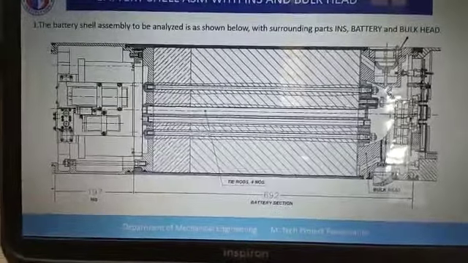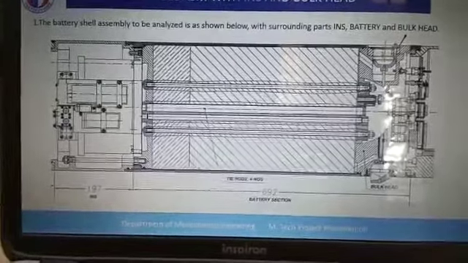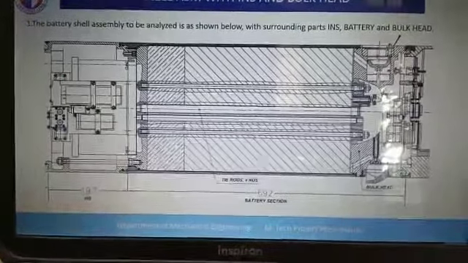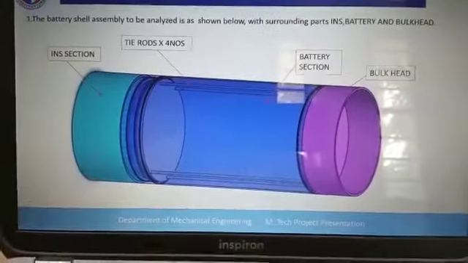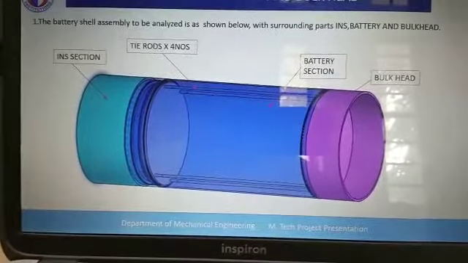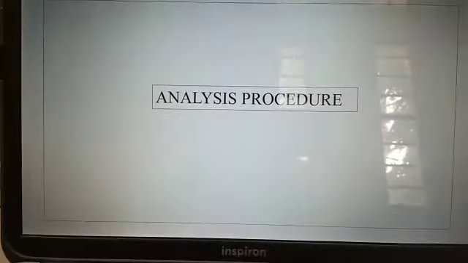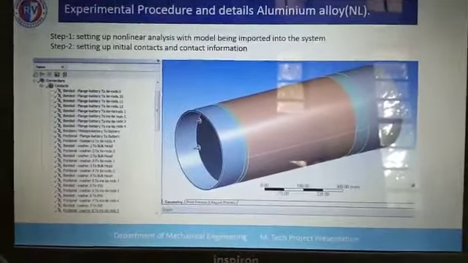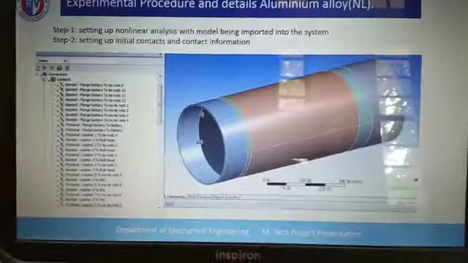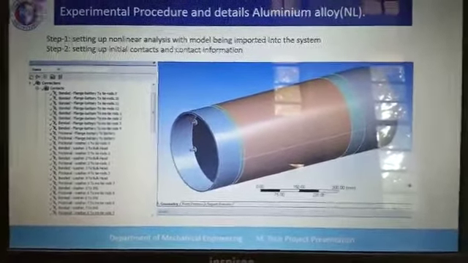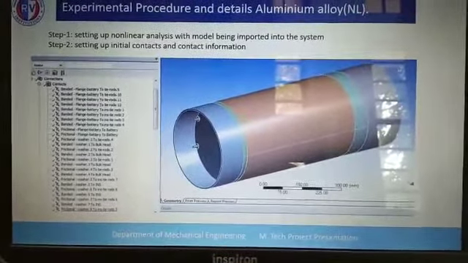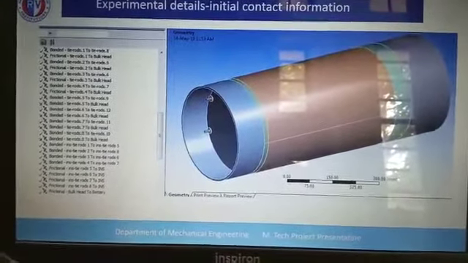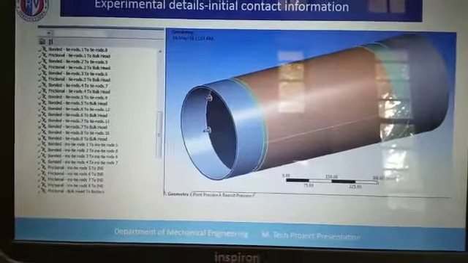So moving on, this would be the battery shell assembly of the torpedo in detail, and this is how the model looks like. And now coming to the analysis procedure, this is how we import the model into ANSYS Workbench and then set initial contact information for every contact which is in the assembly,